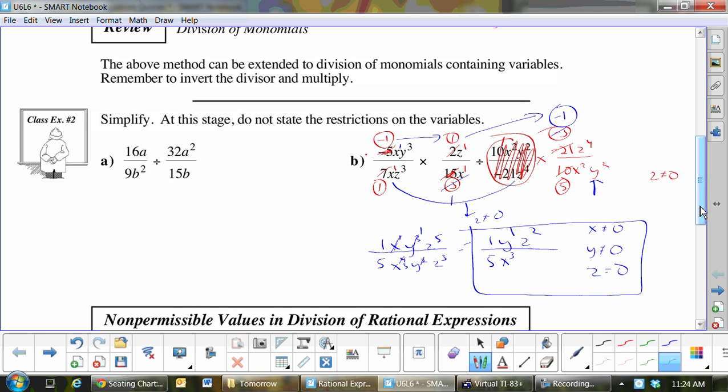So are we learning anything new today? No. You knew that division was multiplication by the reciprocal, and after you do that, we've done all those steps on the quiz today and in the last objective. Okay,